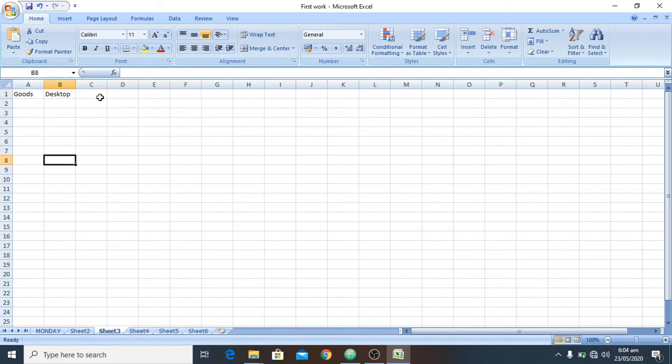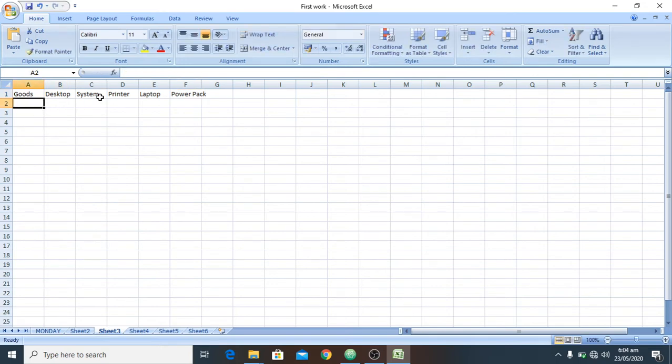Tab, row; enter, column. So let's go. I tap on my tab, I write system, tab, printer, tab, laptop, tab, power pack. Good. So enter,